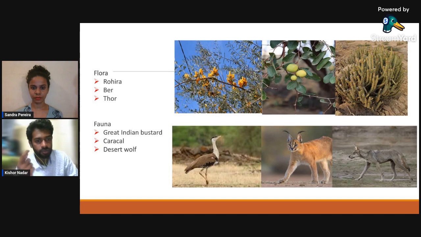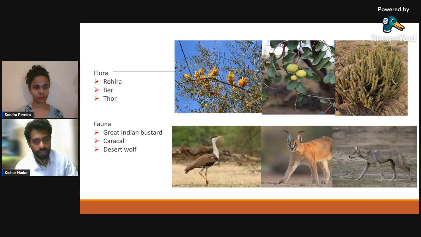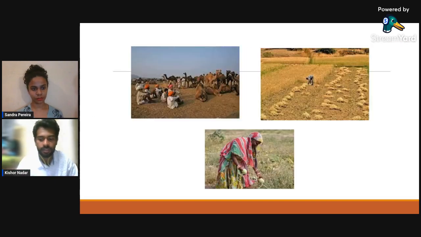फौना में हम देखेंगे तो ग्रेट इंडियन बस्टर्ड, ये वी कैन से एंडेंजर्ड स्पीशीज है। एंड टोटली यहाँ पे इस पे बहुत फोकस है। एंड जब इसका पॉपुलेशन बहुत कम हो गया था, एंड स्टिल राइजिंग अप, यस, बट कम है ड्यू टू फेरल डॉग्स। यहाँ पे इसको मार दिया जाता है, फेरल डॉग्स की वजह से इसका पॉपुलेशन कम हो जाता है। कैराकल, ये भी वेरी रेयर सीन है। एंड डेजर्ट वुल्फ।